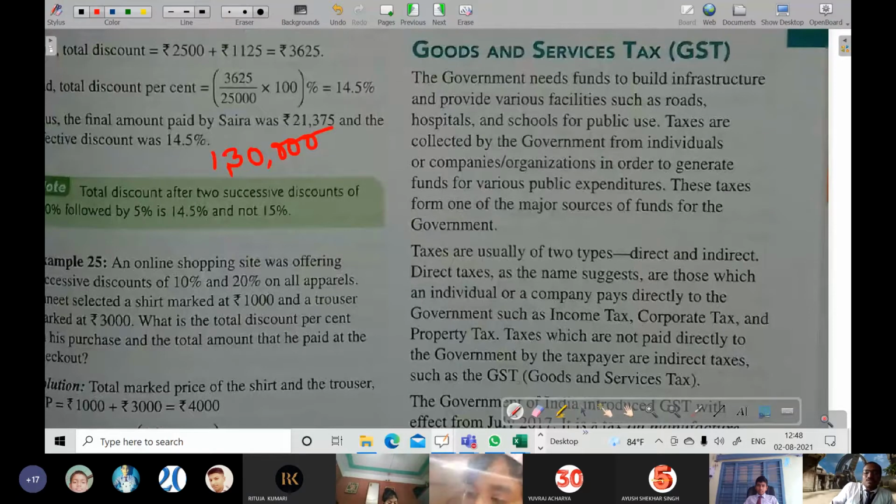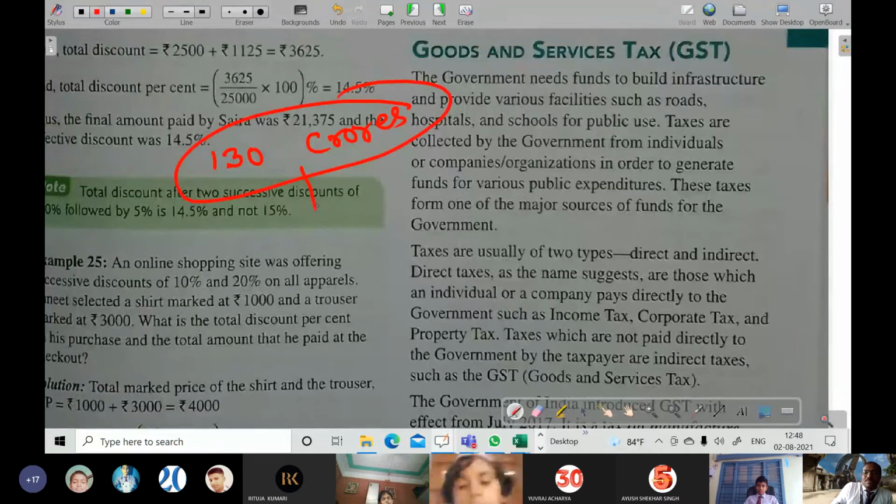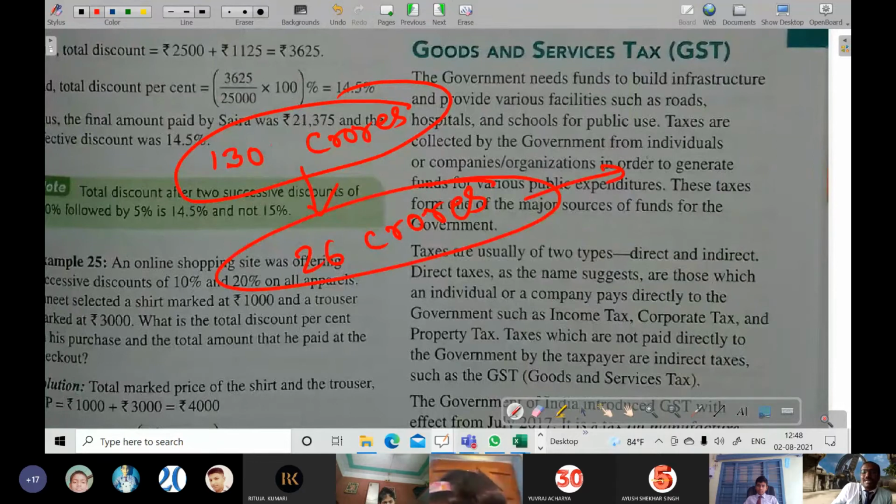Suppose, if 5 members form one family, then how much will it become? 5 tens are 50, and 6 fives are 30, so 26 crore families are there. Do you know, for land about 50 rupees is paid every year. So 26 crore into 50, how much will it become? 1300 crores. Only 50 we are taking from each family.